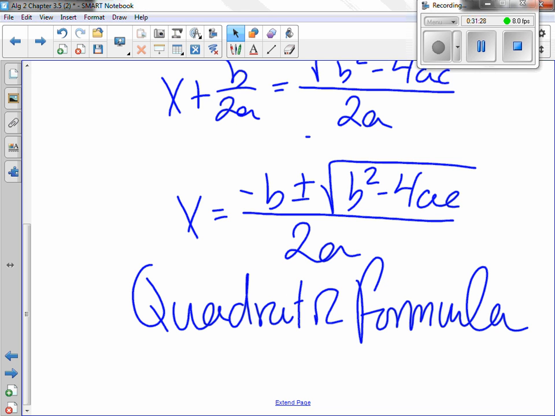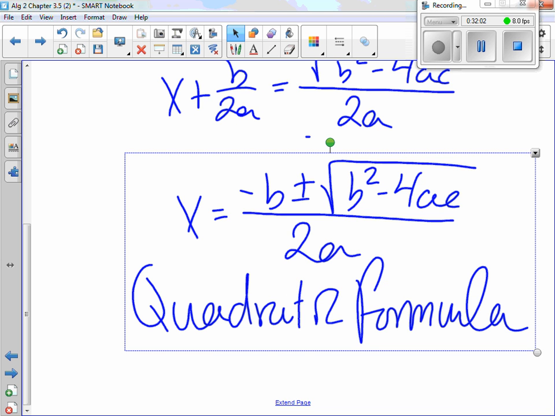You will never have to do any of those steps. But as we said to begin with, completing the square will work with any quadratic. It'll give me the solutions to any quadratic that I want. Yes? I just use it on a general equation. So if I know the values of a, b, and c, we can plug them in. The quadratic formula. So from here on out, what we'll do tomorrow is use this formula. Now all I have to do is plug in the values of a, b, and c, simplify, and we get the answer. But we'll cover that